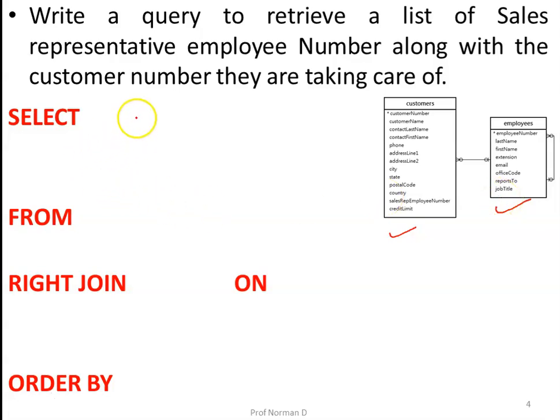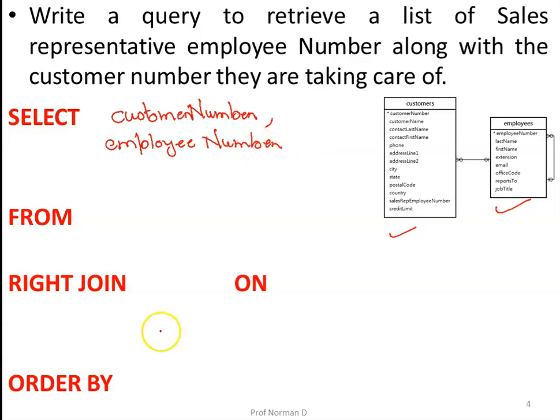So in the field list we specify the customer number and the employee number. We'll make the customers table the left hand side table, from customers, and we'll make the employees table the right hand table.